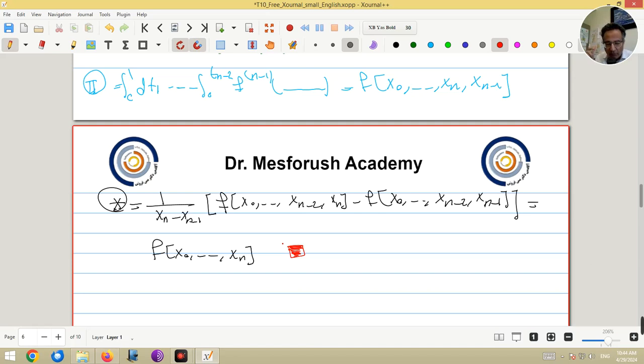We can use this formula in lots of problems and lots of other theorems. You can find lots of uses of this theorem in the books. So let me finish this